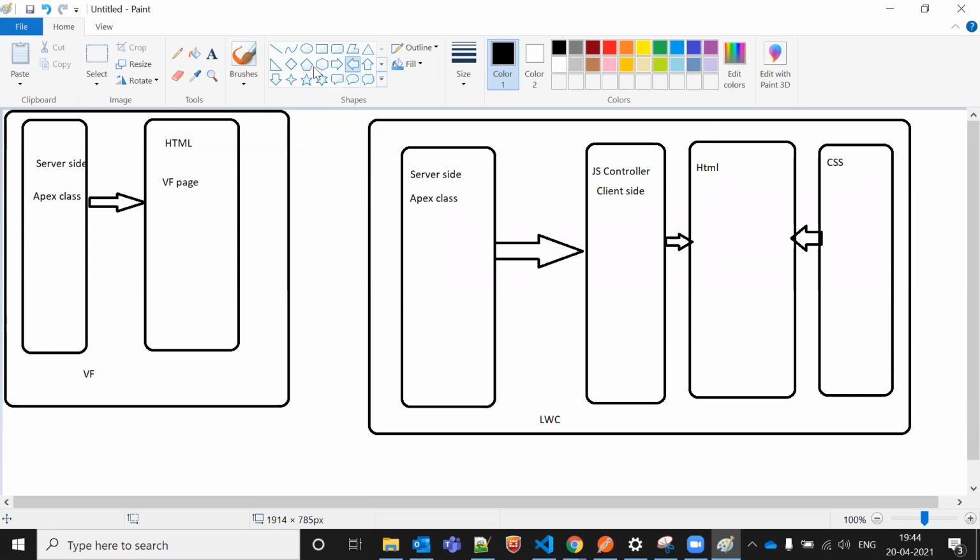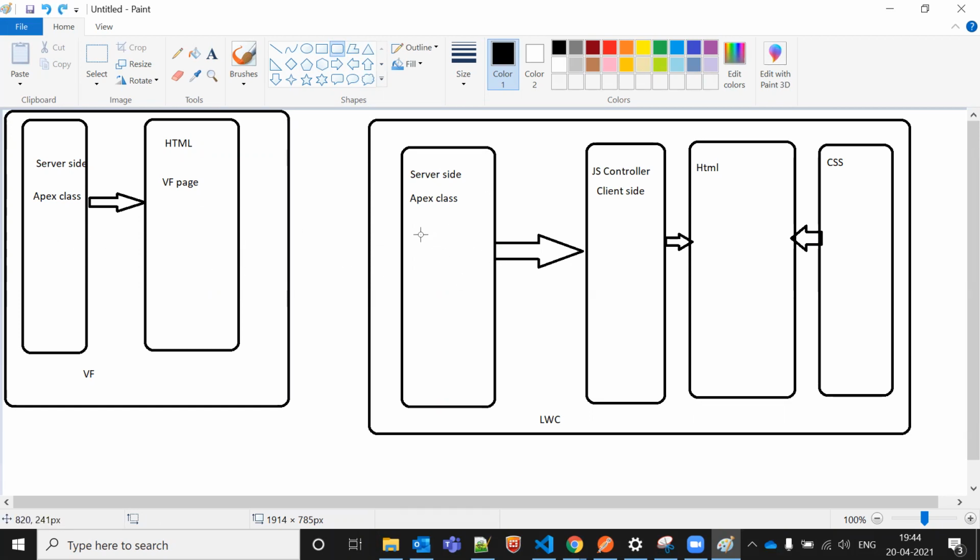But there is one more very important thing, which is AuraEnabled. Let's say in a Visual Force page, I can create a public void method name and directly access that method on the HTML side. But in case of LWC, public void will never work.